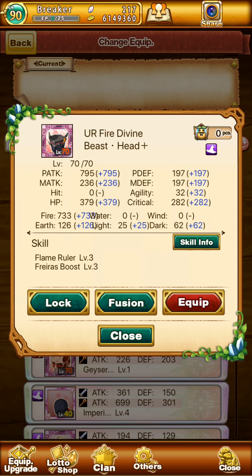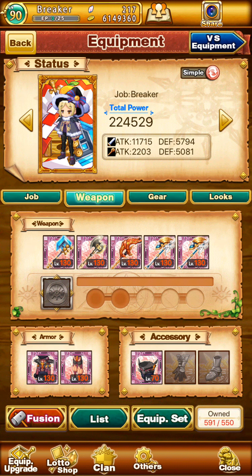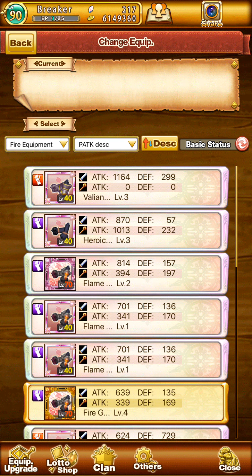Then I want to use the Fire Divine Head, and I want you to see this skill because it's pretty important for how I'm going to be building my support slots later. So you see the skill right here. It says it increases limit based on fire weapons equipped in your support gear slot. So I want to focus on fire elemental weapons only. Anything else will not increase my damage for this skill. Then I have